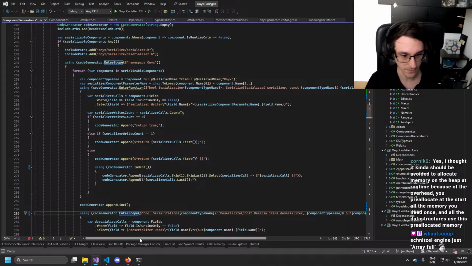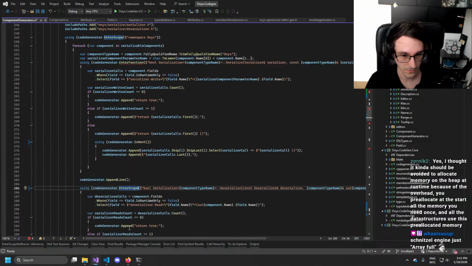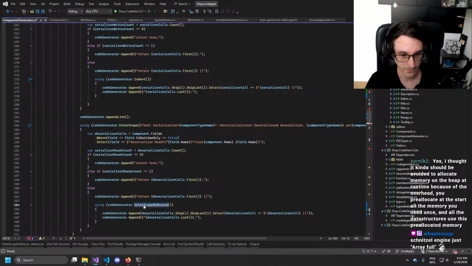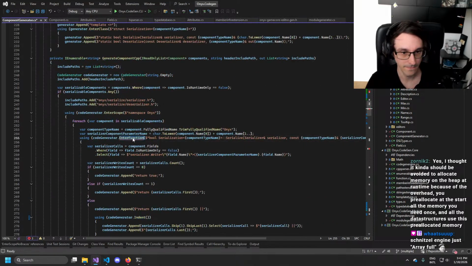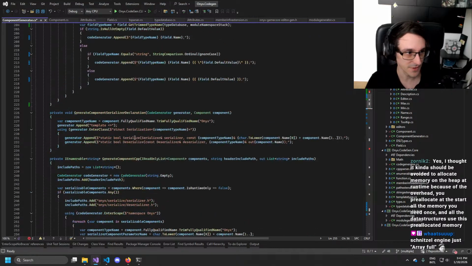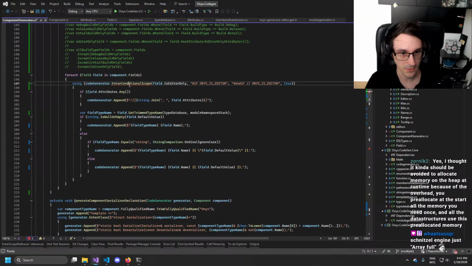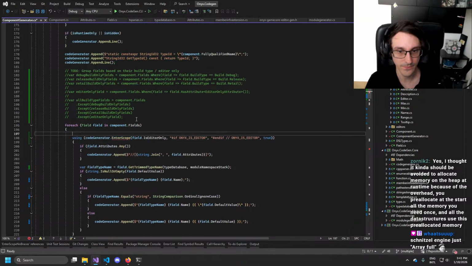Enter scope. Indent. Yeah, I think for enter scope, and we do our preprocessor editor.